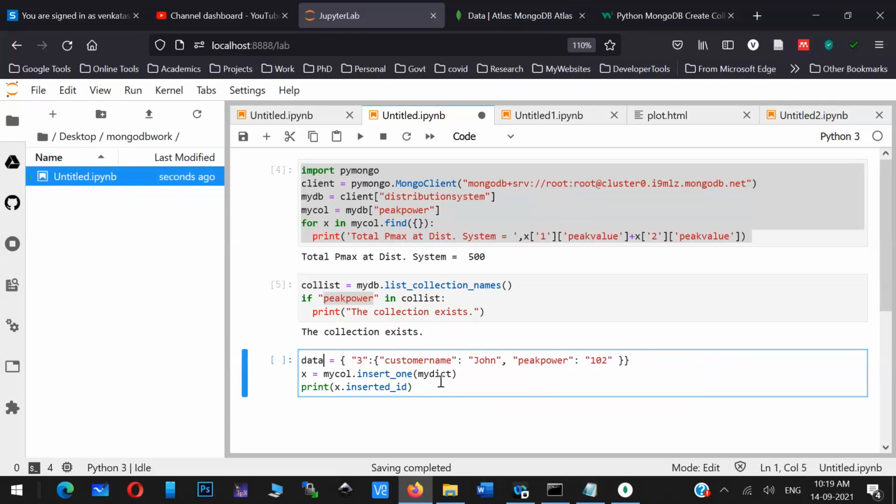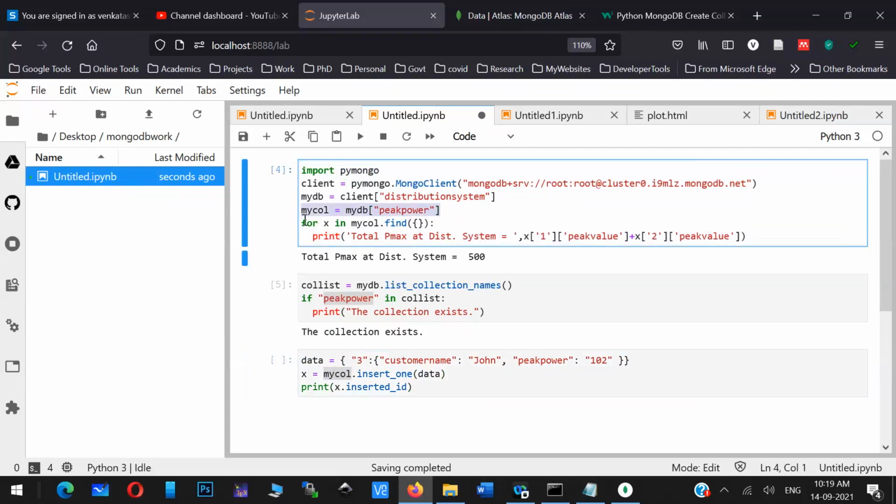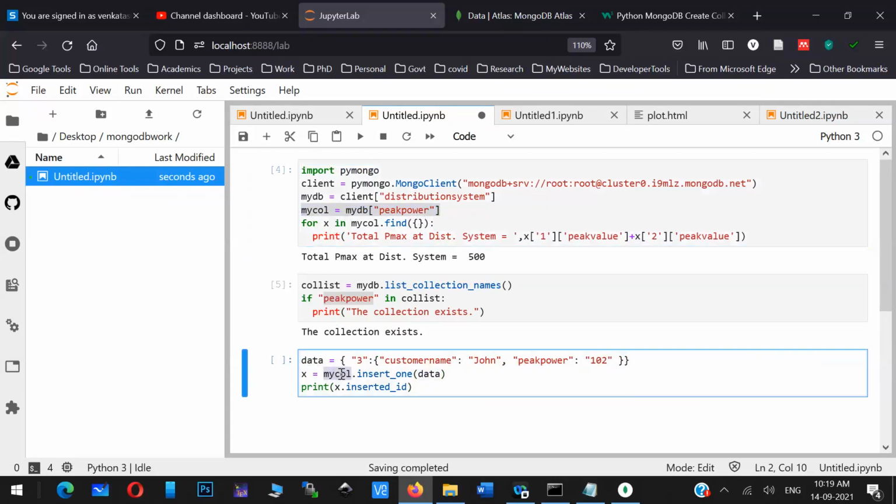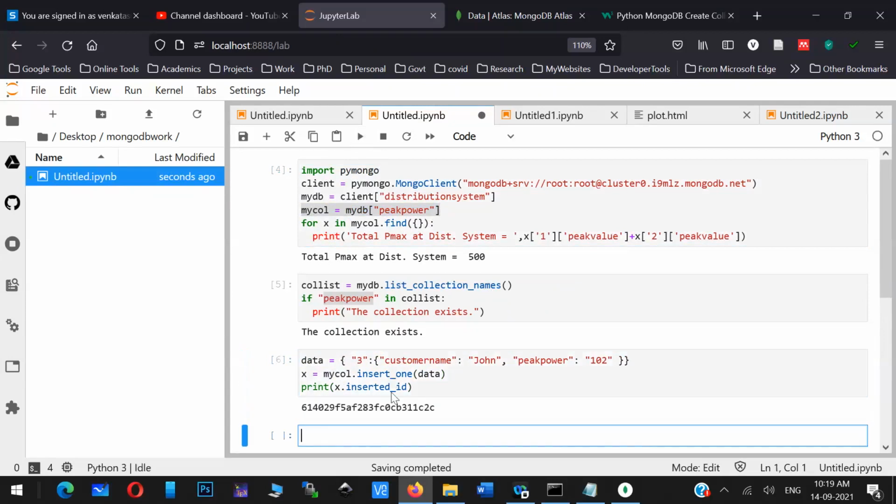And that data you want to insert to the database. My column is basically the collection, the peak power collection pointer. So in this particular collection, you are trying to insert this data. Okay, so when I run this particular command, let us see. So now you can see here it got inserted.